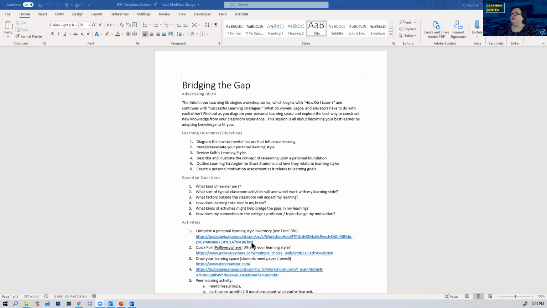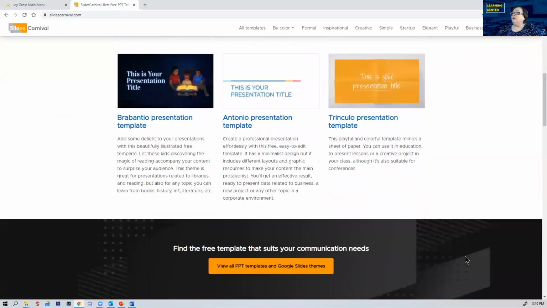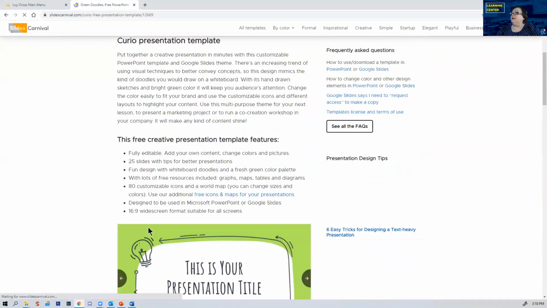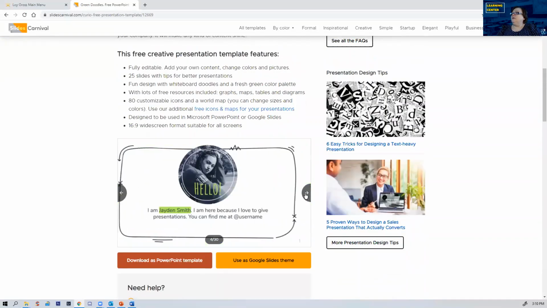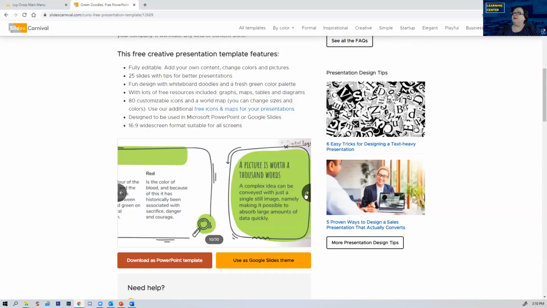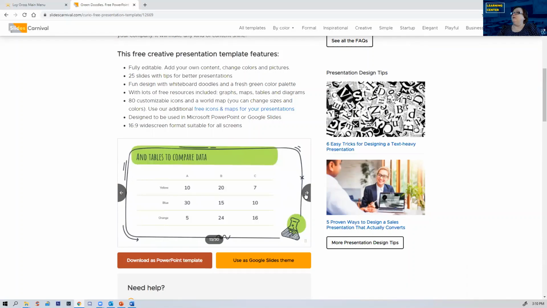Now students will want to jump right into PowerPoint. And I never do that. I always go first out to Google and just search for free PowerPoint templates. They're all over the place. And I can choose from all kinds of different styles. Let's say I want a whimsical style. I might choose this one here because it's kind of cute, depending on what my presentation is. And as you look through, you can see that they've provided a variety of different kinds of slides so that you can present information in the way that makes the most sense for that bit of information.